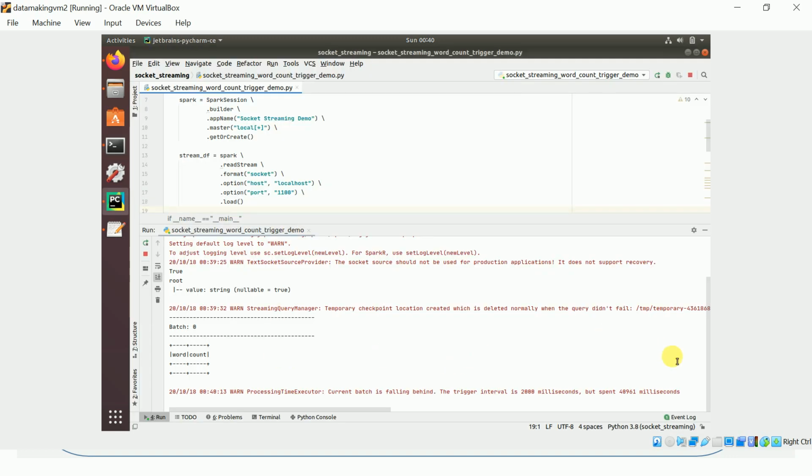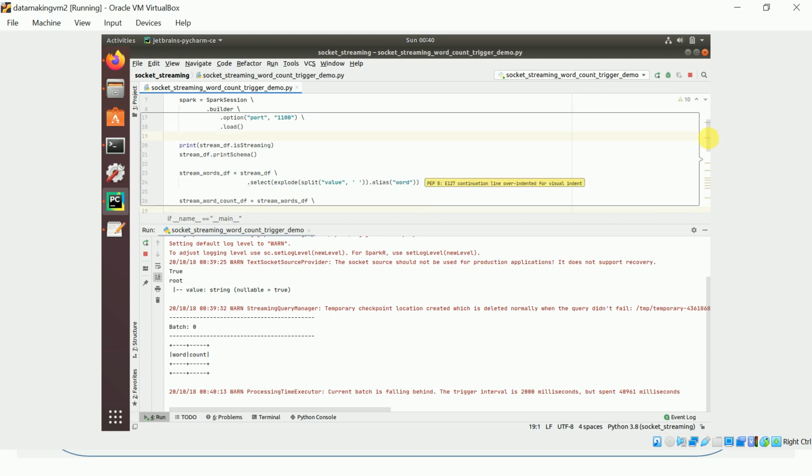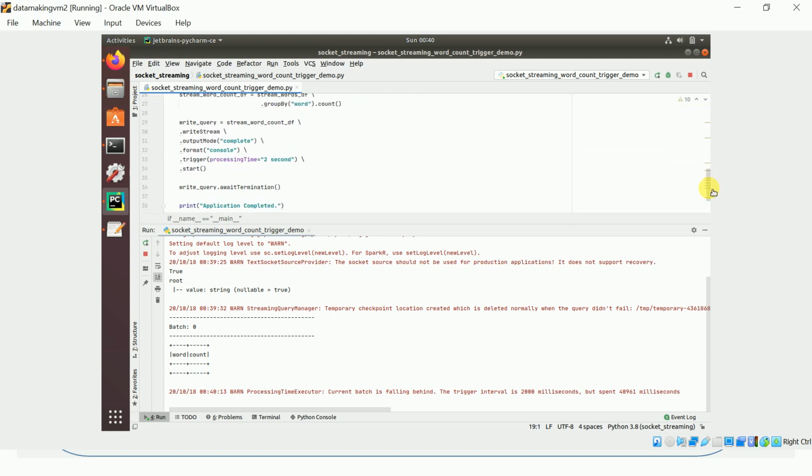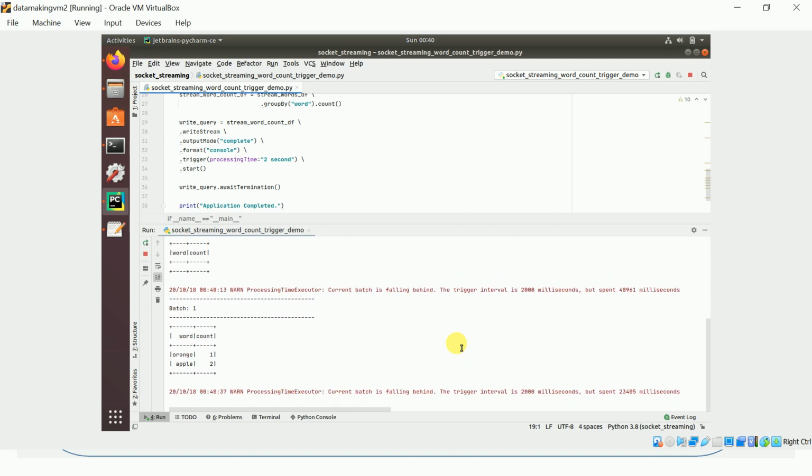Okay, see, it says the current batch is falling behind. We set a 2 second interval, but it's taking a lot of time. Okay, now the batch has come.